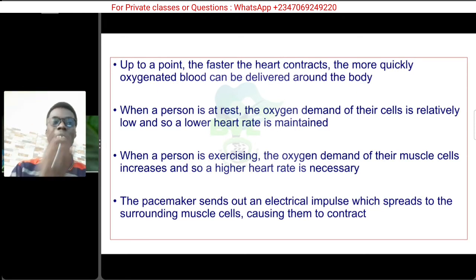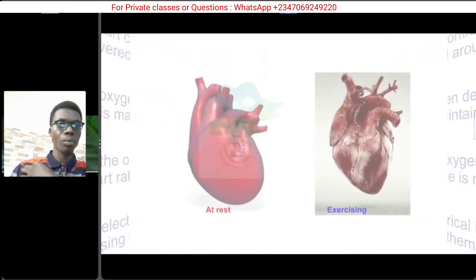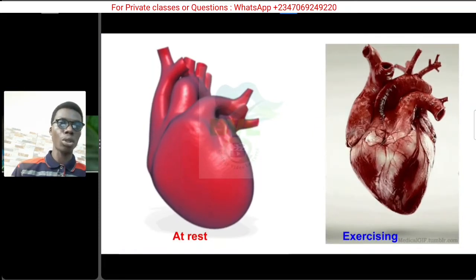So the pacemaker at that point sends out an electrical impulse which spreads around the muscle of the heart, causing them to contract. But this time around, it is going to be sending them out quite faster, thereby making the heart rate increase. This is very, very important. So here I'm trying to show you